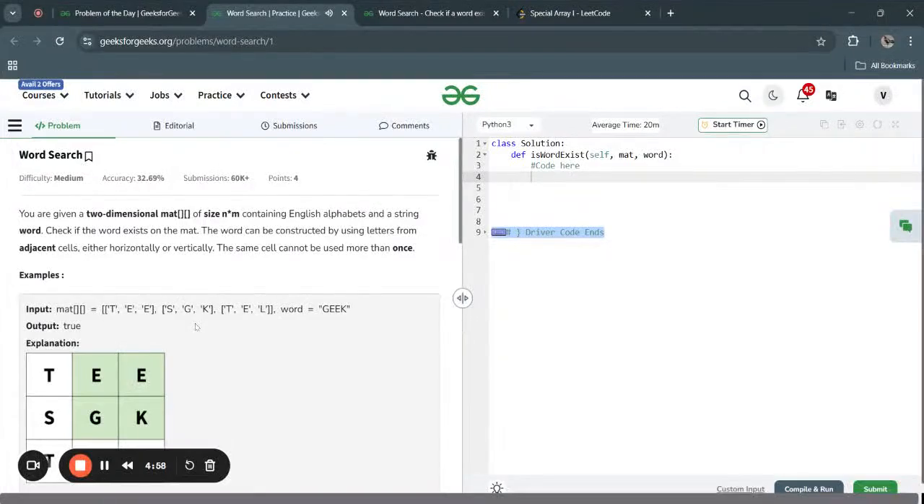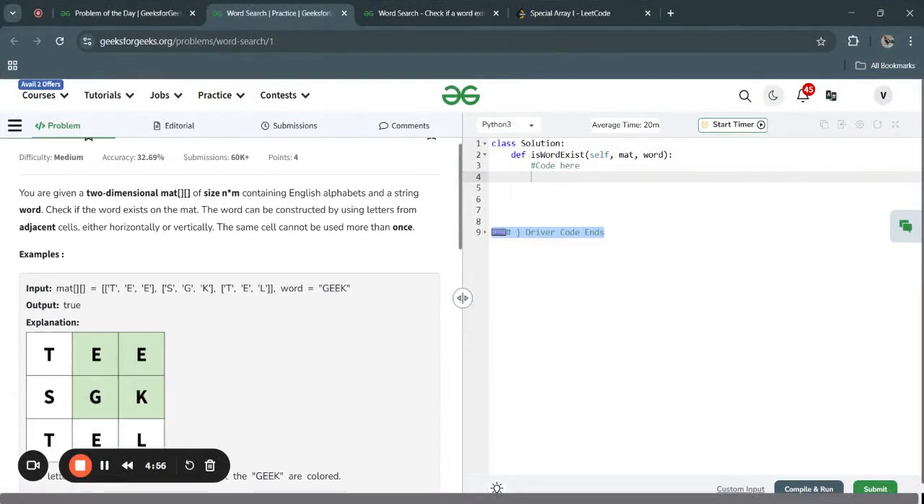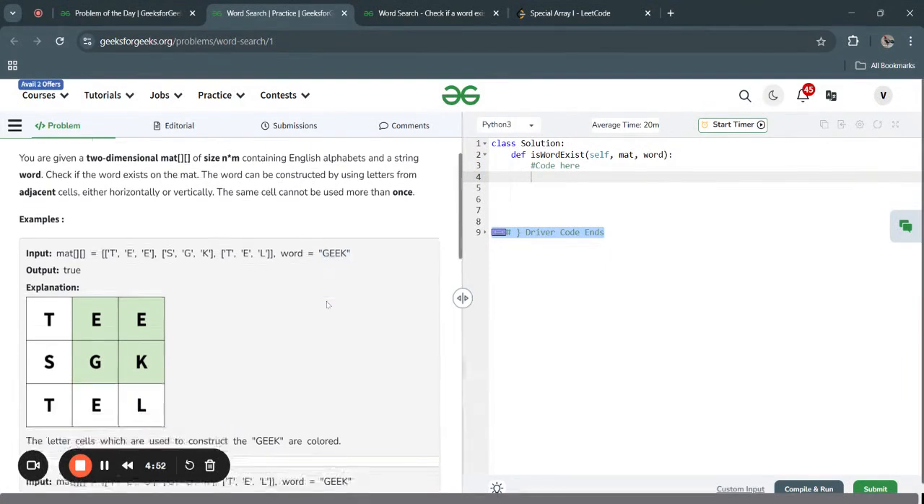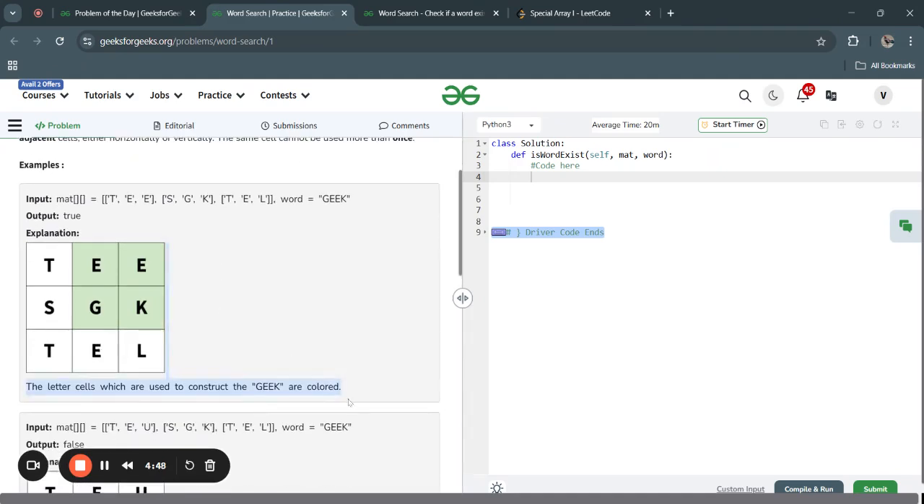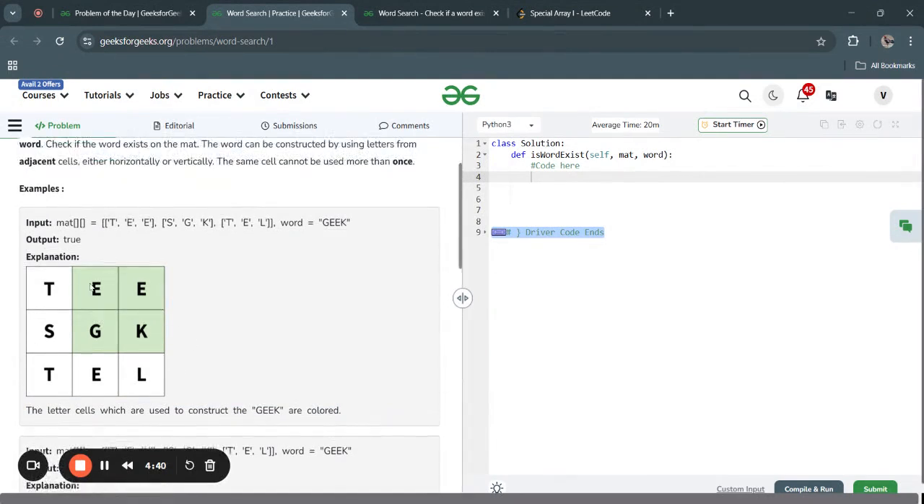So here we have a problem called word search, where we need to find if the given word, geek or any word, exists in the matrix. But we can visit one cell only once, and from there we can move horizontally, vertically, right and left to find the word. We can go through that until we find the word. So to solve this,